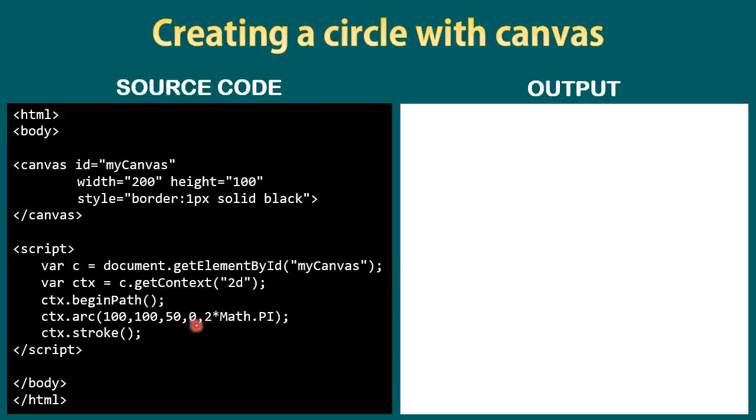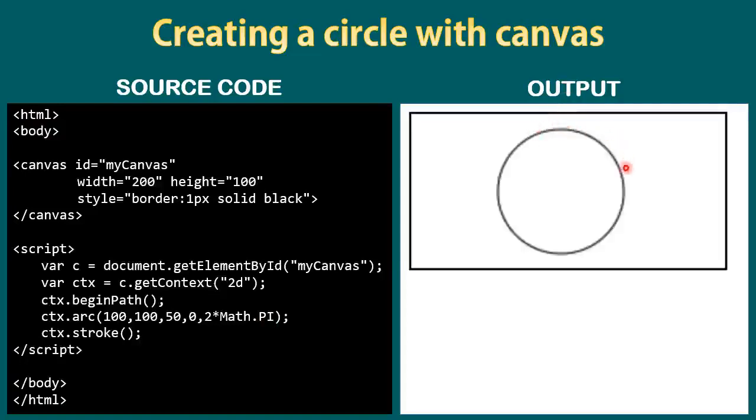Actually, the last two parameters, that is the angles, should be in radians. So we are using pi. 2 pi is equal to 360 in terms of degrees. So we start the arc at 0 and end the arc at the 360th degree. Now if we refresh the output, you can see the circle is being drawn. This is the 0th degree, this is 90 degrees, and this one again is the 360th degree. So we start at 0 degrees and end the arc at 360 degrees, so we get a complete circle.